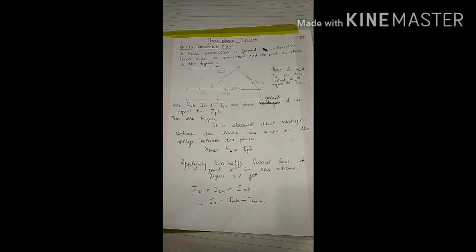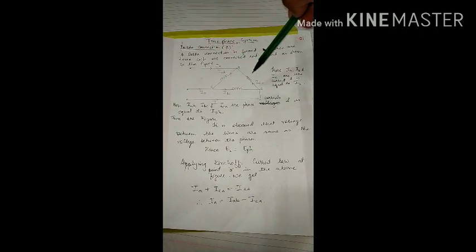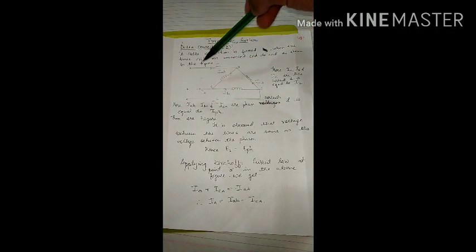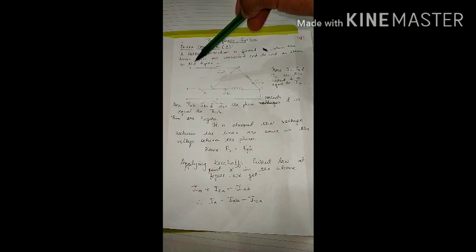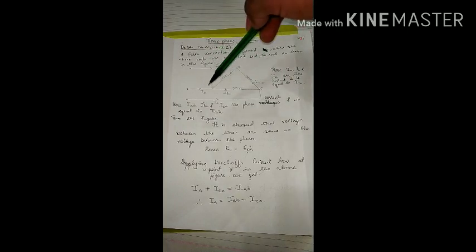Right. So delta connection. A delta connection is formed when the three coils are connected end to end as shown in the figure. So we have three coils, connected end to end to form a delta connection. Now this is a three-phase connection in a three-phase circuit. A three-phase connection is star or delta. So we are connecting the three-phase line to the delta connection now. To this we are connecting the three-phase supply.